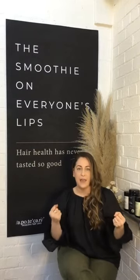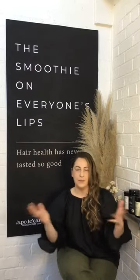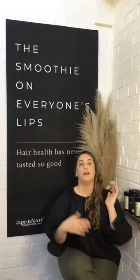So really important to have beautiful skin-loving nutrition internally so that you can have this incredible scalp and skin. The other thing is, one thing that I've been really interested in is some research that's come out recently in terms of aging. So we all know there's a whole bunch of products that we can apply to our skin to help slow down the aging process, whether it's peptides or vitamin A,